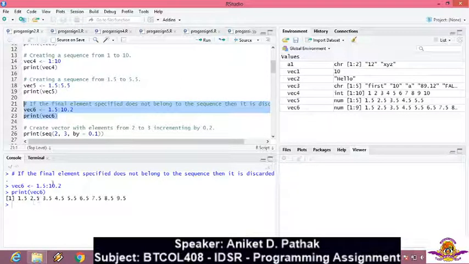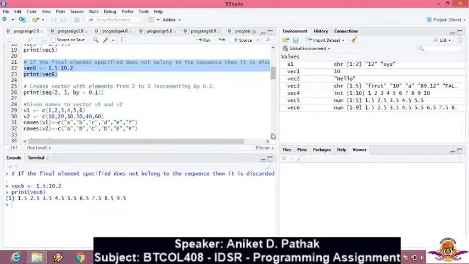So if you observe, as the ending is not 10.5, it is 10.2, so before that value it has stopped at 9.5. So instead of 10 elements over here, now you have 9 elements starting from 1 to 9 and the values are mentioned as it is. Now, if anybody wants to change the incremental factor, that is default by 1, to whatever value you want, you can change it by just adding a 3-parameter sequence function.